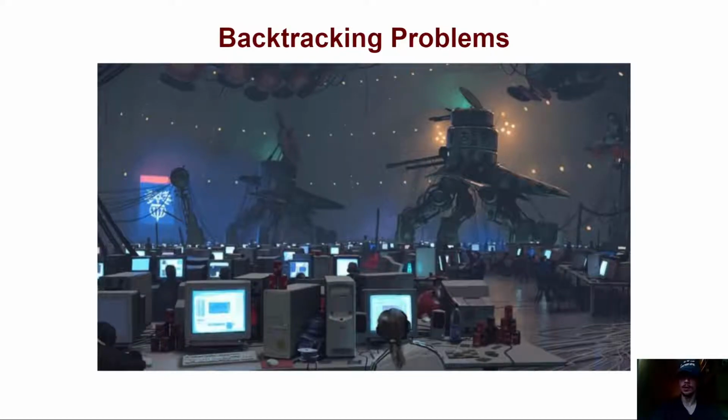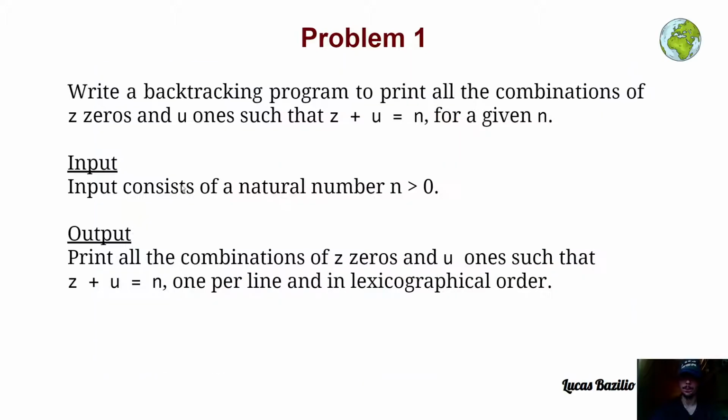Hey everyone, and welcome to the section on backtracking problems. In this lesson, we are going to solve problem 1. This problem says, write a backtracking program to print all the combinations of zeros and ones such that z,